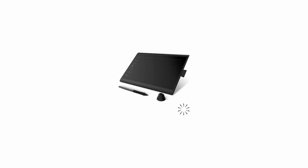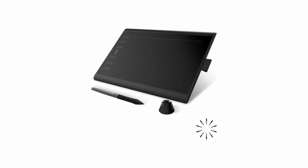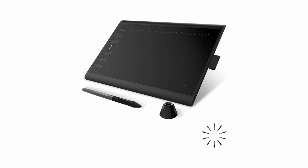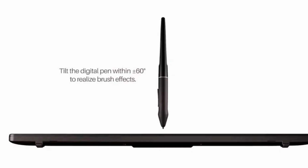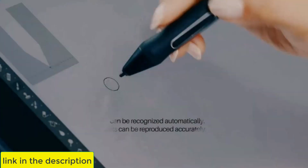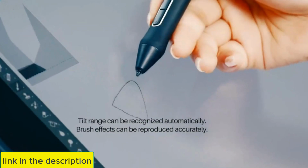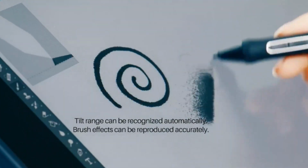Number 4. HUION Customized. Unleash your creativity with a sleek and powerful digital drawing device designed for artists of all levels. Featuring a spacious 10 by 6.25-inch working area, it provides a comfortable and immersive space to bring ideas to life. The ultra-slim 10mm profile and minimalist design enhance portability without compromising functionality, making it an excellent choice for both professional